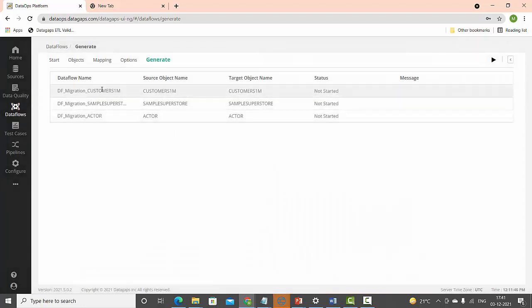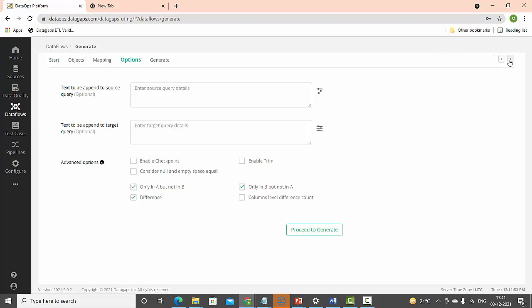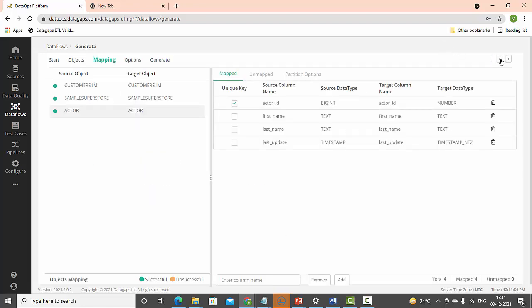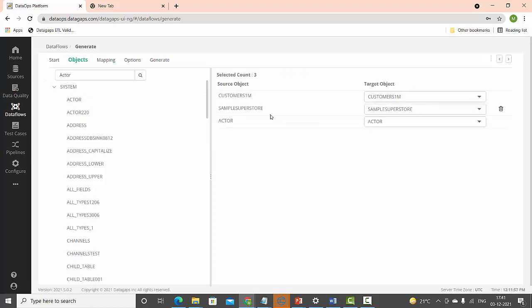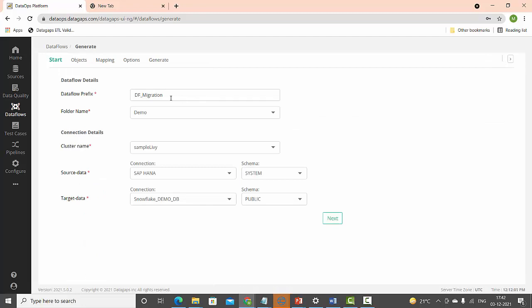So these data flow names already exist. So I just want to go back and change the prefix here so that it generates valid data. What it is saying is there are already some objects with the prefix df underscore migration for the same tables. So I'm just using df underscore mig as the prefix to avoid that duplication.